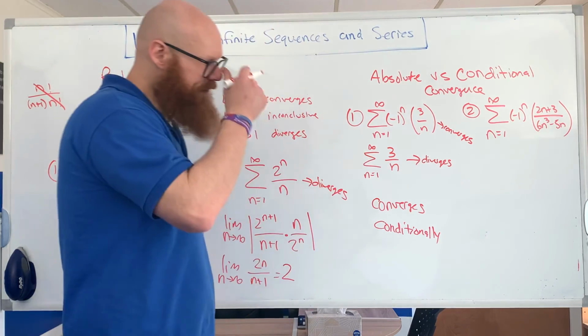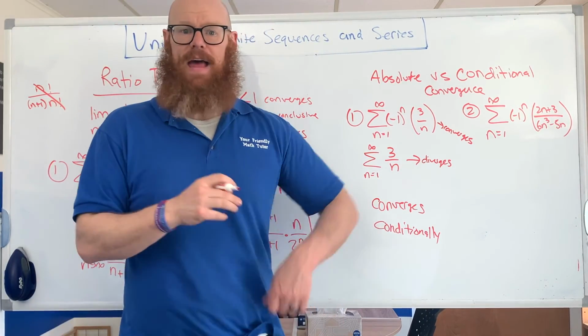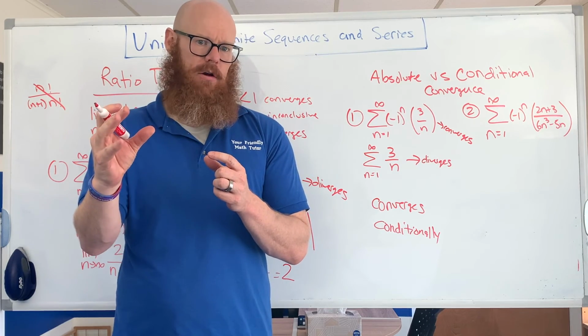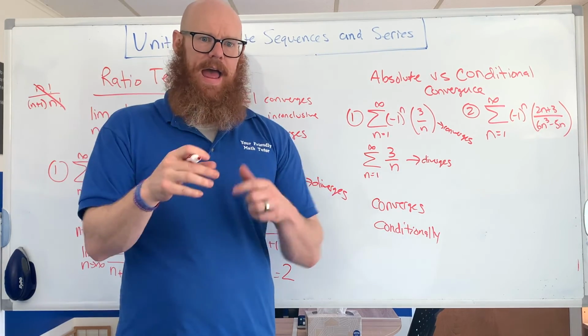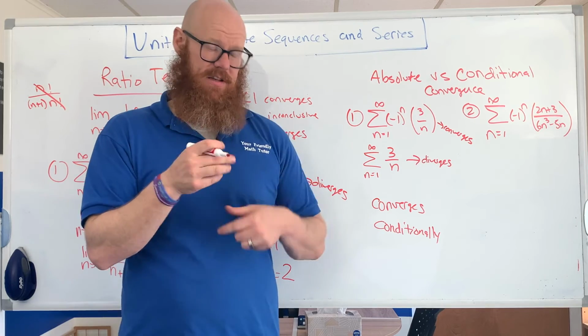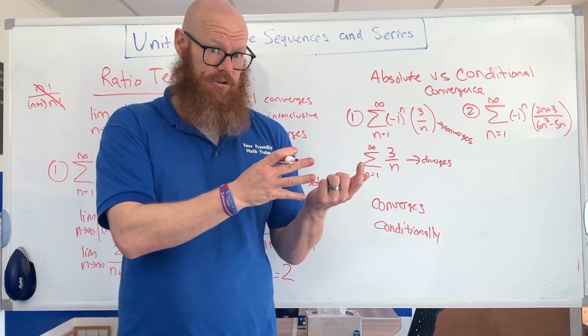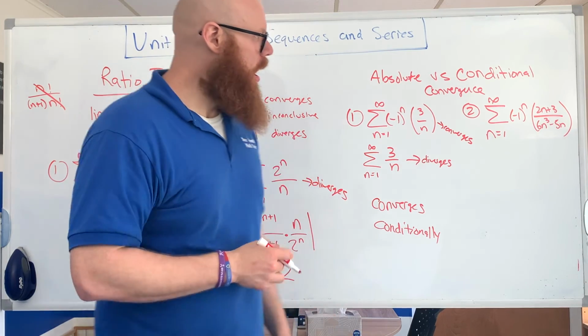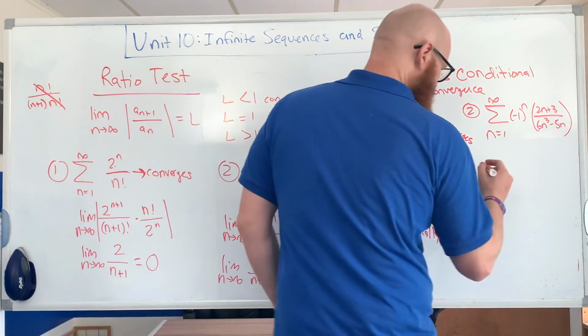Basically you have this a sub n, and that a sub n could just be itself, or you could attach an alternator to it so that it alternates. Converging conditionally means it converges on the condition that it's alternating. The regular version does not. Then what also can happen is,